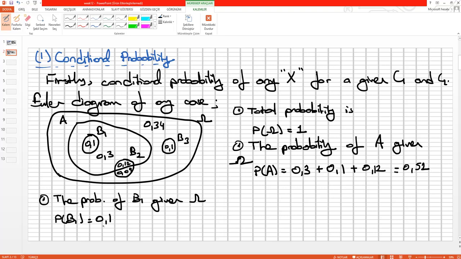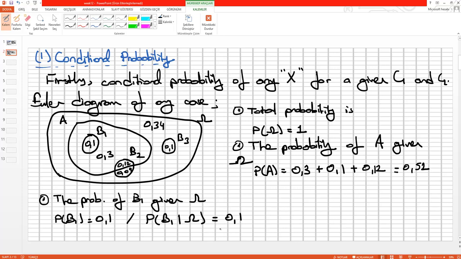Okay, and so this term, B1 given omega values, can be written as P B1 for a given omega values is equal to